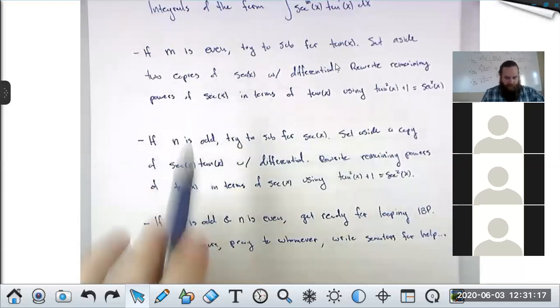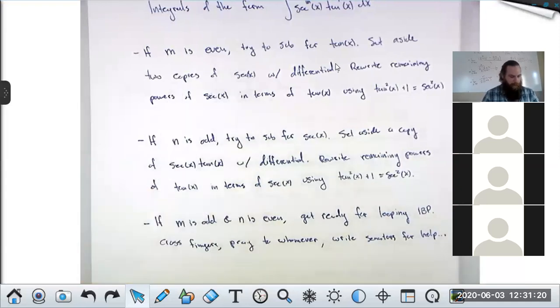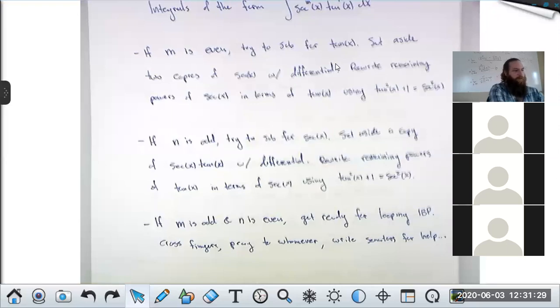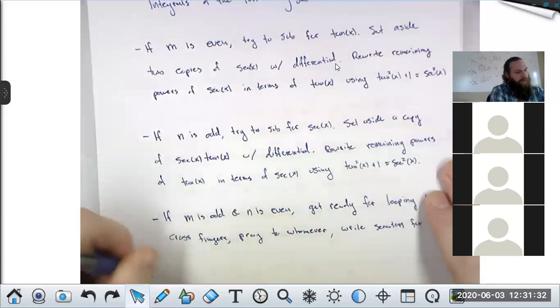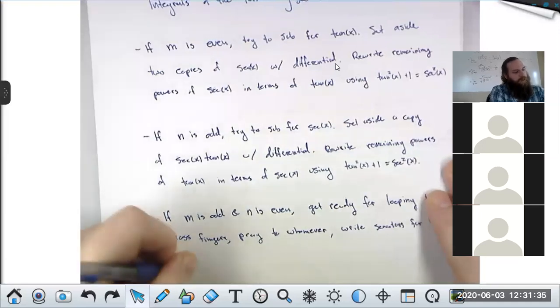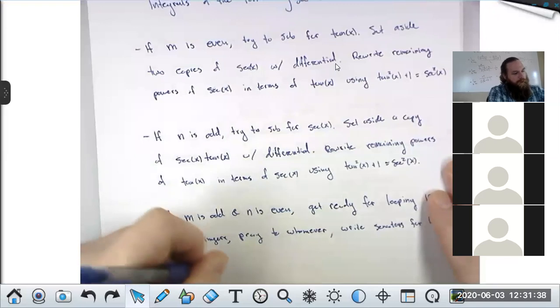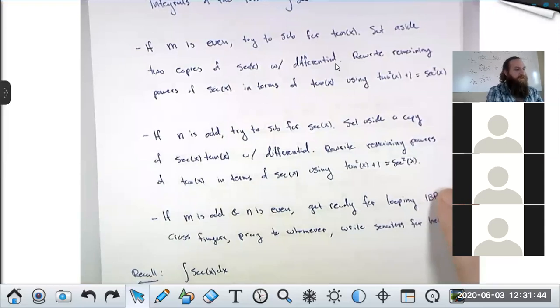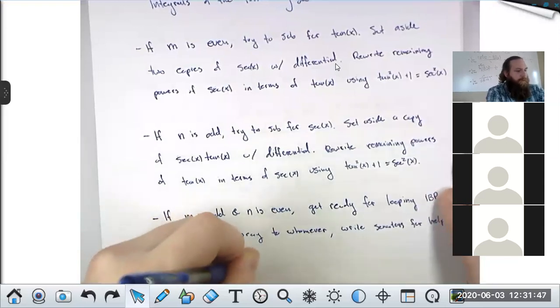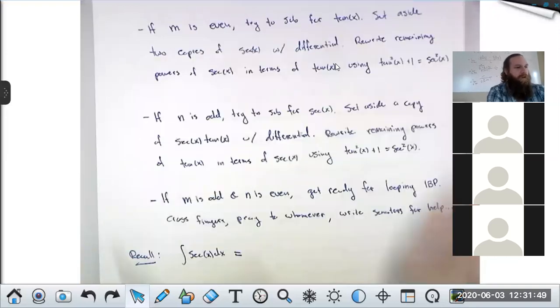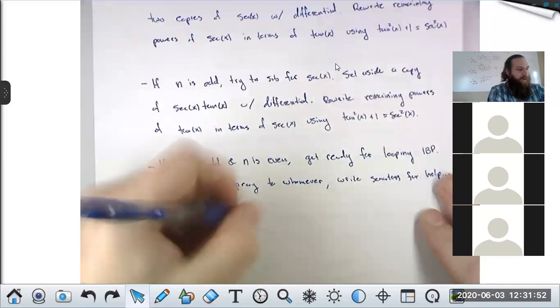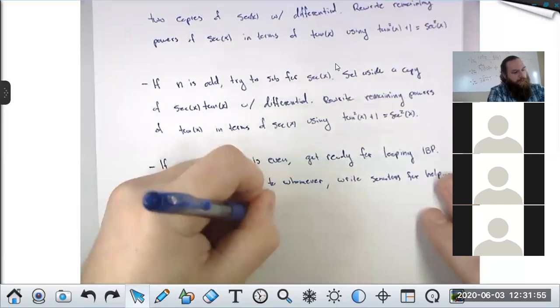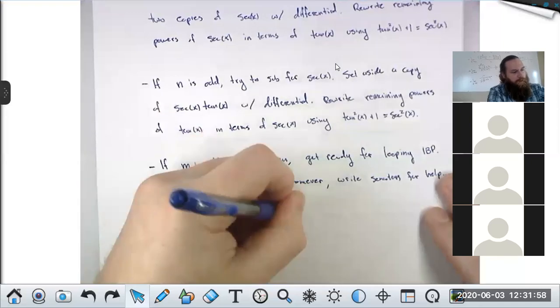So let's take a look at some secant tangent integrals that aren't awful. Remember, the integral of secant, we know. The integral of tangent, we may remember. So I suppose I should remind you before we dig in, the basic ones here. The integral of secant is a little bit weird. This guy on his own falls into the third case here, because the power of secant is odd, it's 1, and the power of tangent is even, it's 0. But this one we memorize. Remember, we multiplied by secant plus tangent over secant plus tangent. And at the end, you get the natural log of the absolute value of secant x plus tangent x